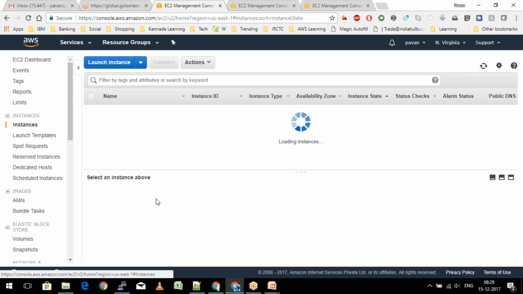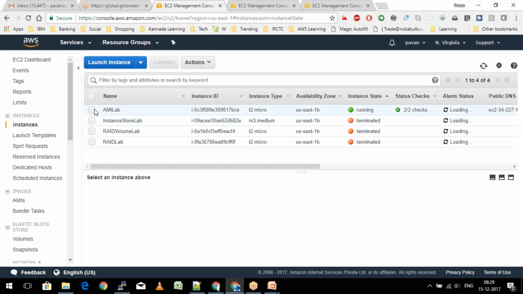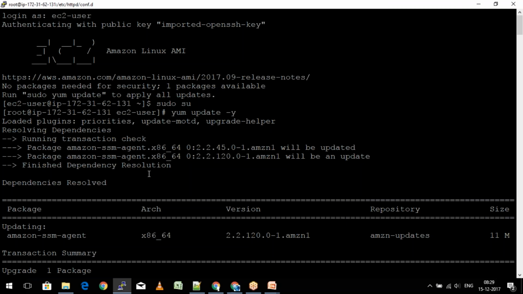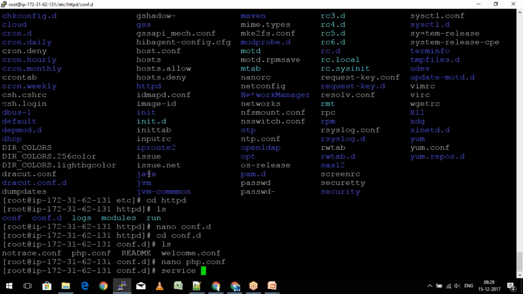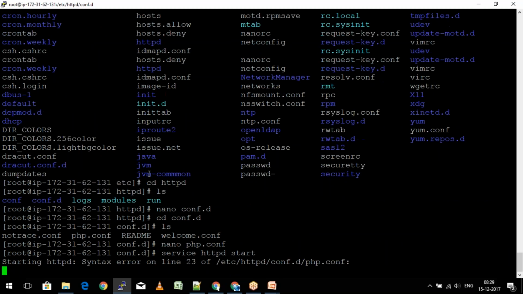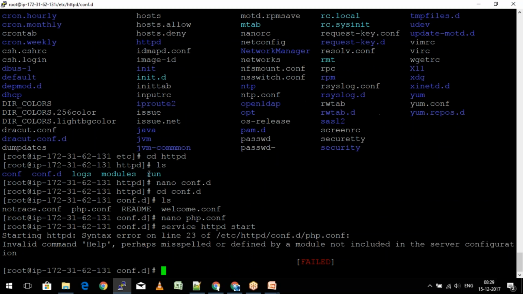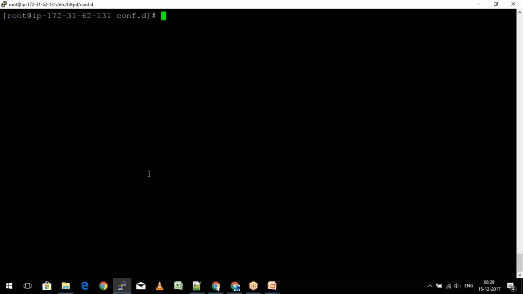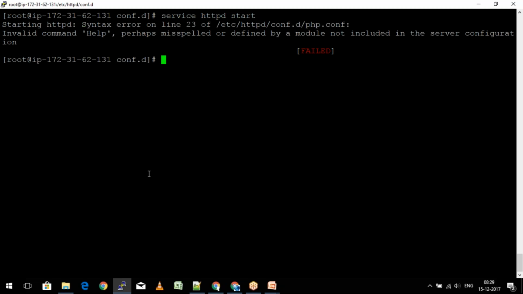So creating an AMI is very simple. I'll just click on this one. So before that, I'll just go ahead and start the service, that is the Apache service. Okay, so we have made some change in the php.conf file, which is actually causing this problem.